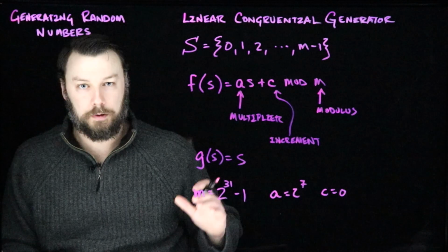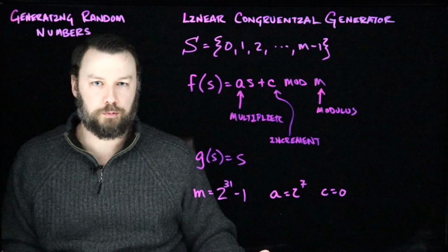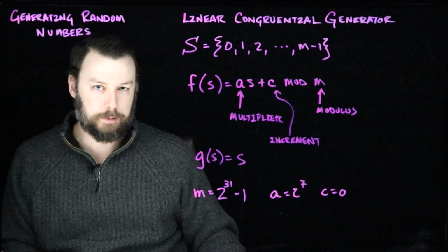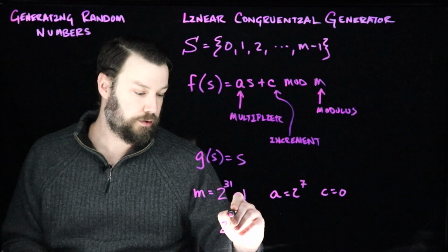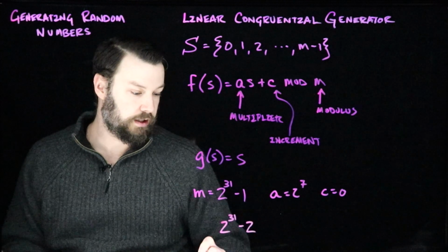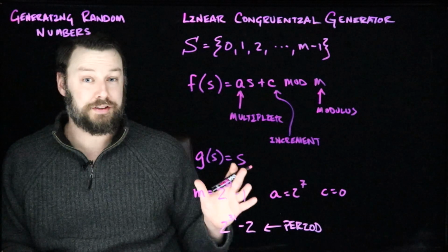Because of course, a periodic sequence doesn't seem very random. And so we'd like to only consume random numbers kind of before we reach that period. This one is an example of something with a period of something like 2 to the 31 minus 2. So this is appealing because it's fast and because it's easy to implement, but it actually doesn't have very good